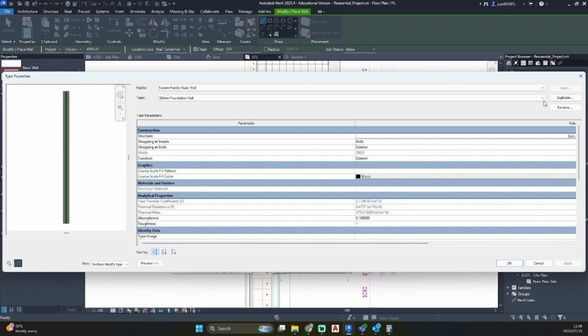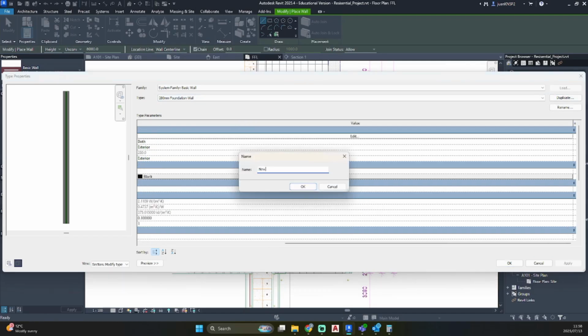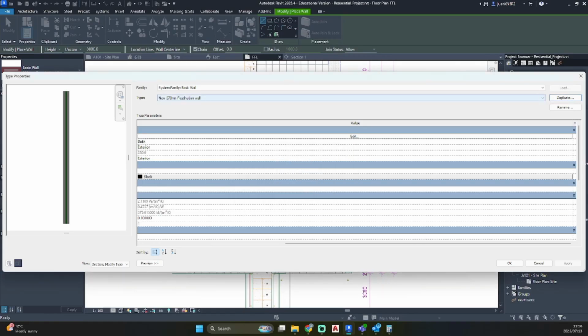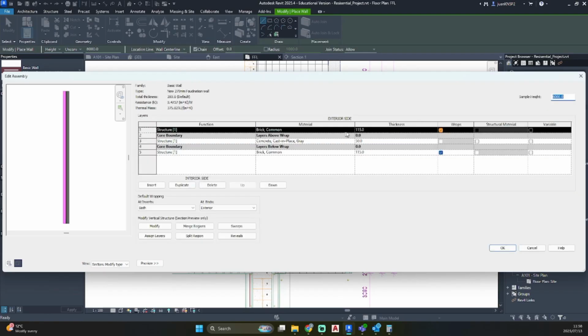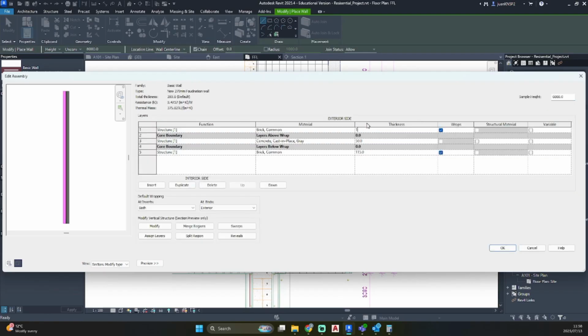I'm just going to change my foundation wall to new 270 millimeter foundation wall. It's going to change my structure.